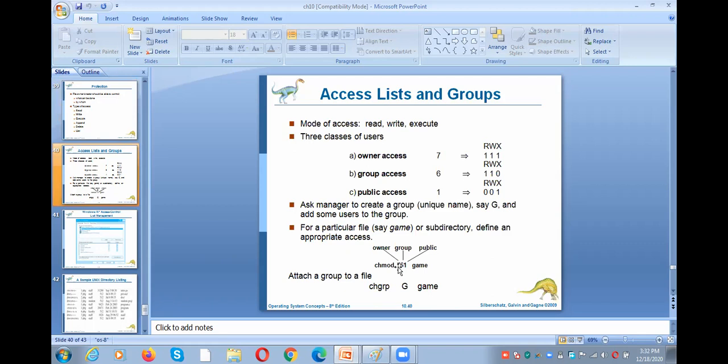Based upon the command, there are different types of commands for controlling the access: the symbolic way as well as the octal way. For read the value is 4, for write the value is 2, and for execute the value is 1. To whom you want to give all permissions, you need to give the value 7. If you want to give only read and write permission, then give the value 6. For only execute, you give 1. For only read, you need to give 4. For read, write, and execute, you want to give all the permissions, then 7 is the number.